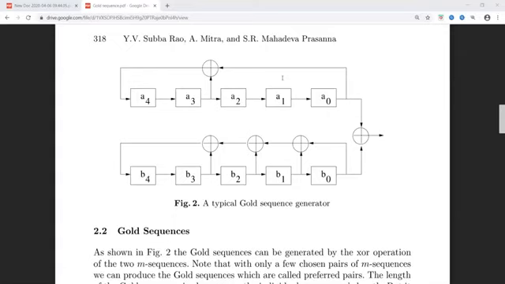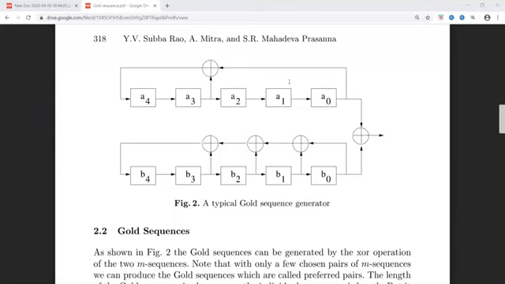How do you vary? You have to perform L cyclically shifted versions. So for each of the L cyclically shifted versions, you will be getting a new M sequence. Then you perform mod 2 addition between that new sequence and that fixed sequence. So that gives us the gold sequence at the output. Hence, we will be getting L gold sequences at the output.